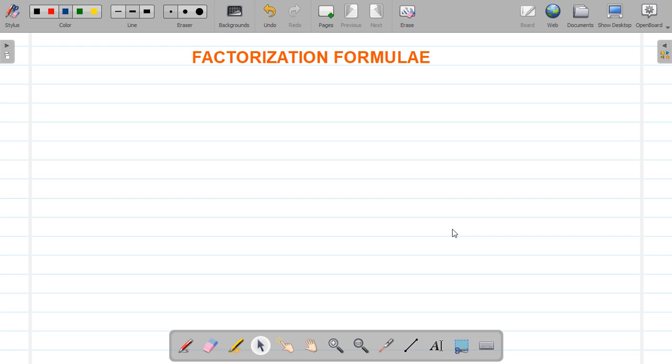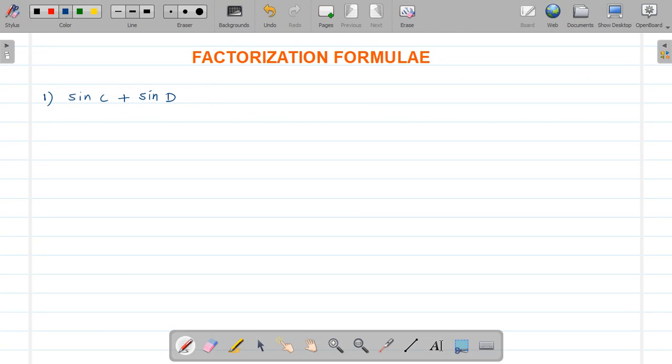Dear students, today we are going to discuss the factorization formulae. It is also related to the compound angle formulae. So let us see the first formula that we are going to discuss here. The first factorization formula, for any angles C and D, is